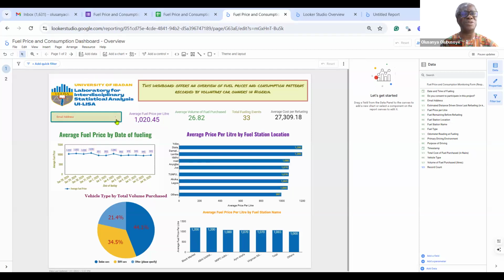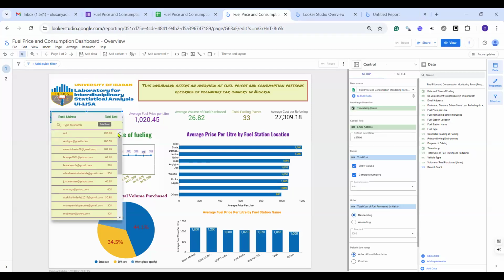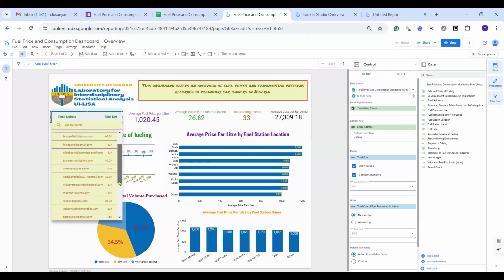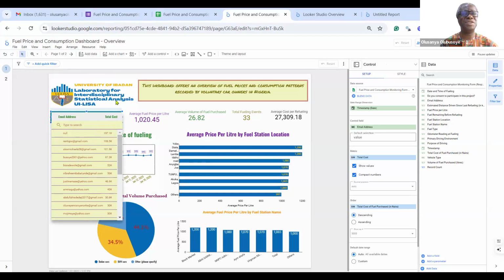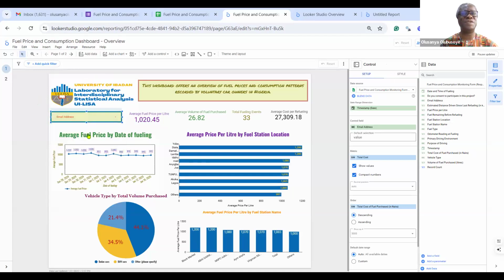Then, of course, one beautiful thing, or what you notice here, is this particular drop down. This is filtering. It allows you to filter and have a specific view of a particular dimension of interest.